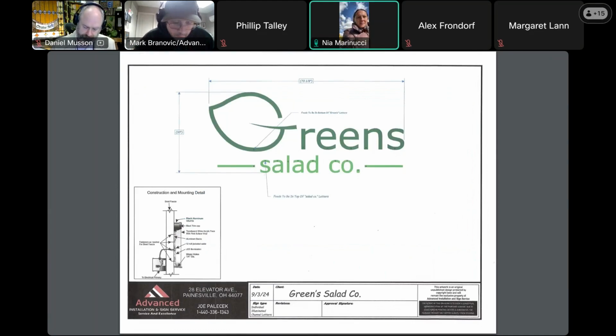Yeah, as existing, it doesn't. The returns are black, so that would be on a side view. From the front, with these being individual letters, the trim caps would be that darker green. So if there was an adjustment made, it would have to be on the trim caps. Okay, that's just a suggestion. I don't know that they have to do it. I think it would maybe be beneficial for visibility. Understood. That's all for me.